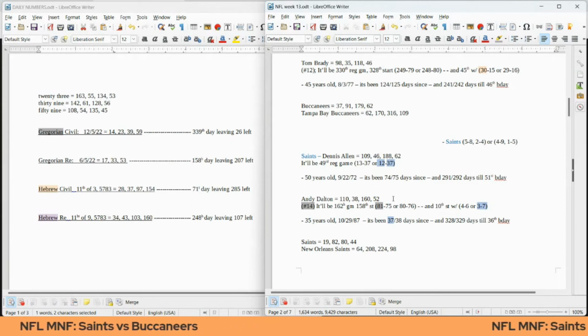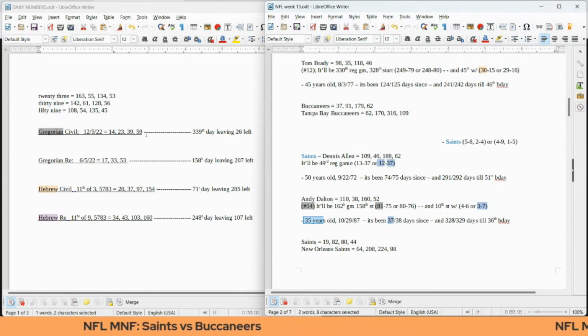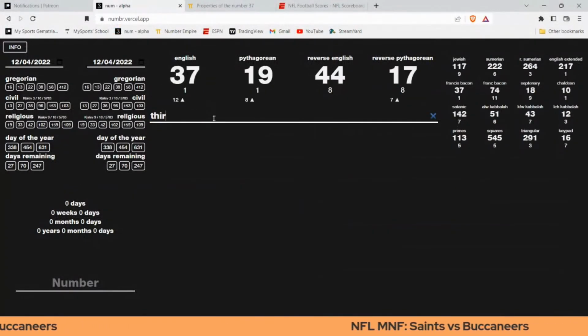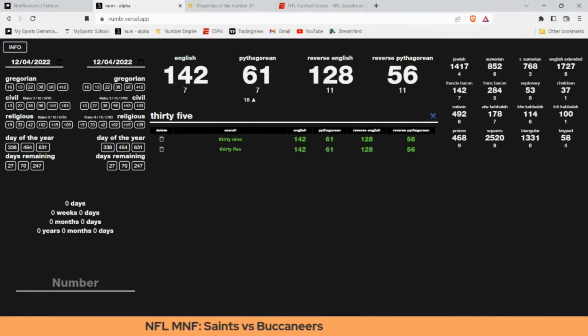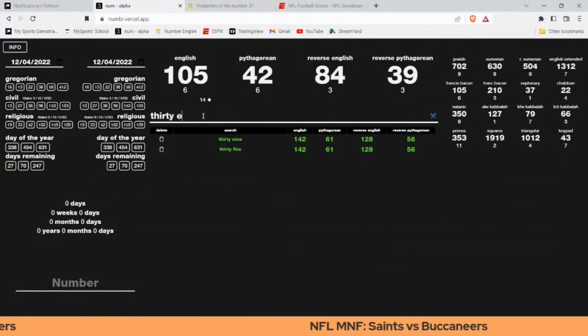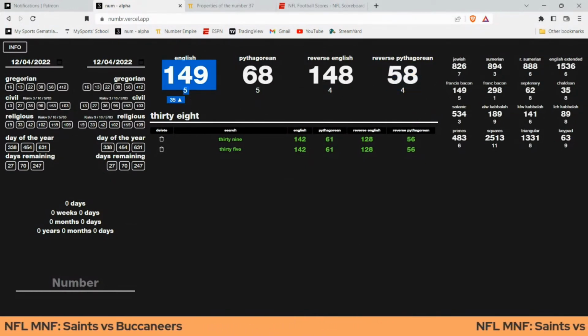What else? It's 37 or total span of 38 days since his 35th birthday. Today with 39 date numerology on the Gregorian, 39 and 35 are identical in all 4 base ciphers. Let's go back to this 38 though. If you write out 38, it sums to 58, and it sums to 149, the 35th prime number.